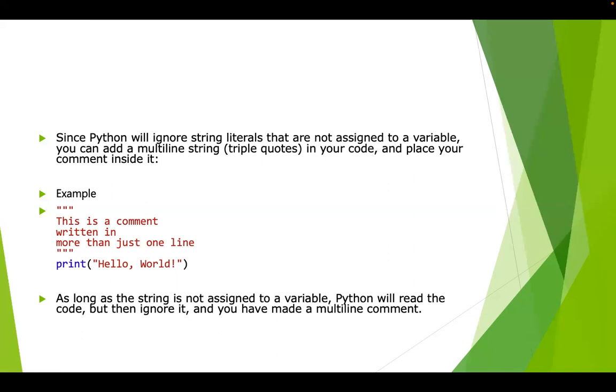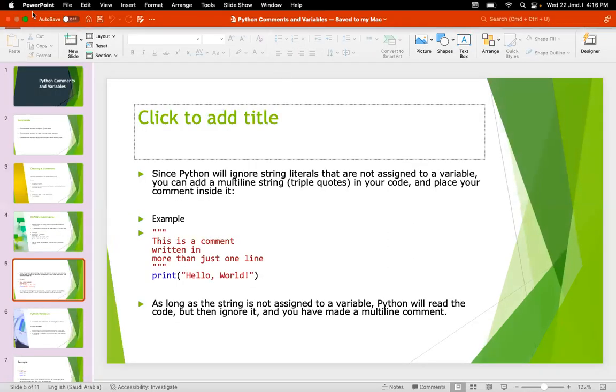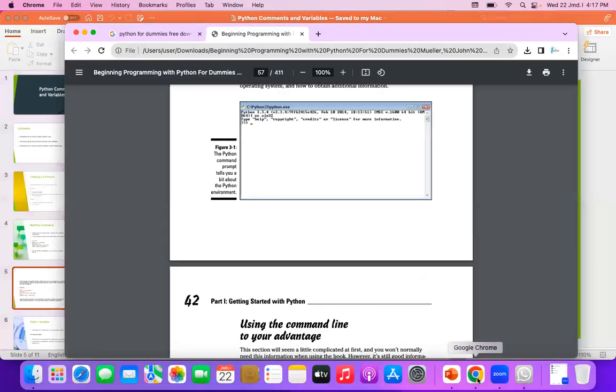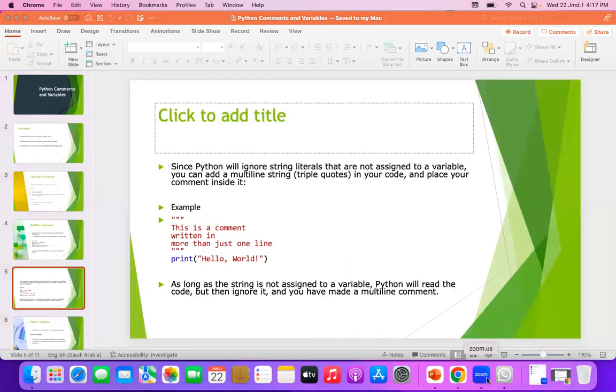So Python would read it. It's not the same with the other one. Let me show you what I'm saying. The other one, Python would not see, but this one, Python would see, but would not count it as part of the code. It's not going to run it. This is exactly what makes the difference. I would show you how we usually do it.